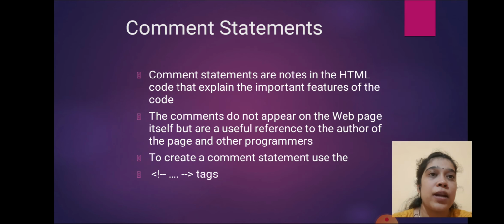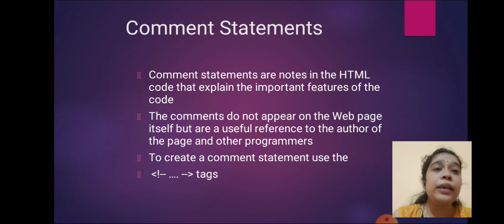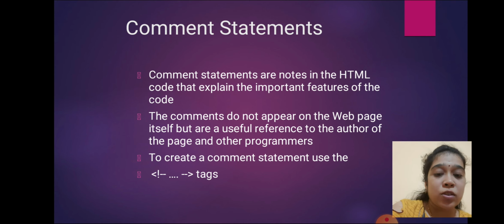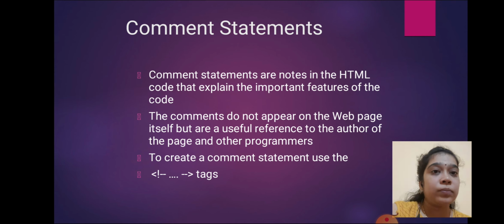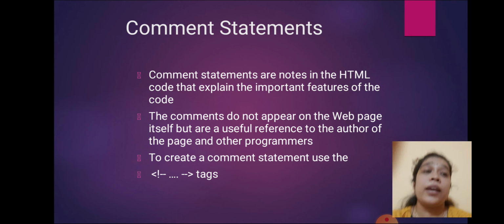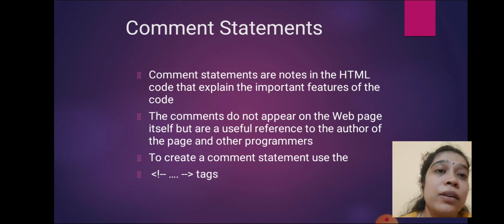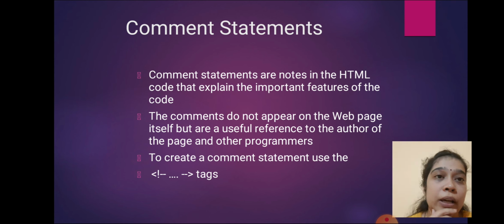Hope you are understanding. Next is the comment statement. We have already seen what a comment is in C++. Here, for commenting any string, you use the tag written on the last line: an opening bracket, exclamation mark, double dash, and you can write any string, then again double dash and closing bracket. Whatever you write in between the double dashes gets automatically commented, meaning its effect will not be seen on the web page.